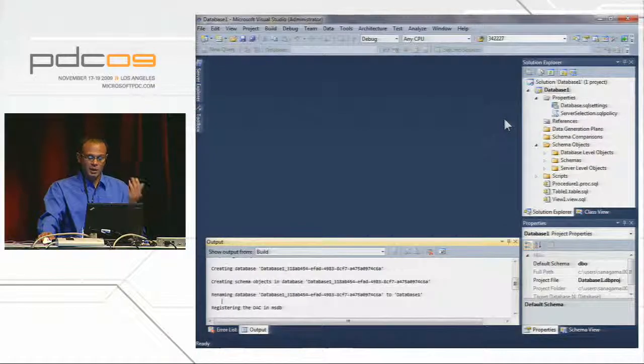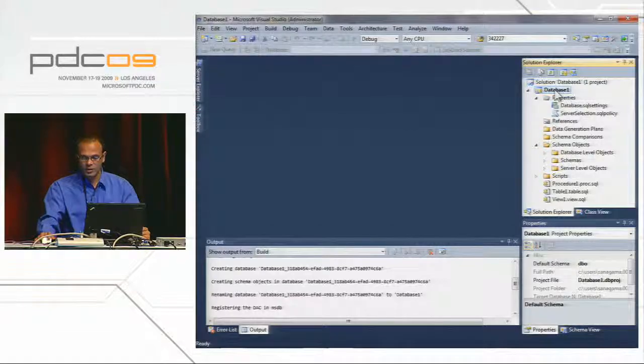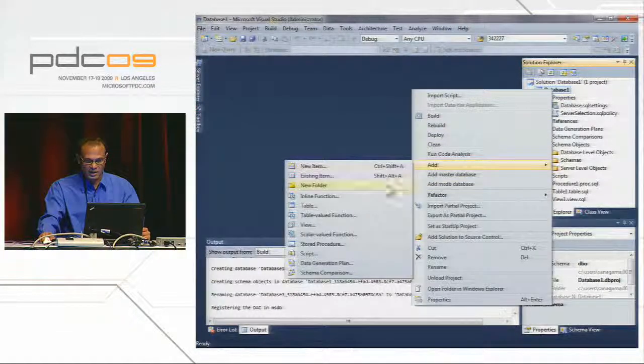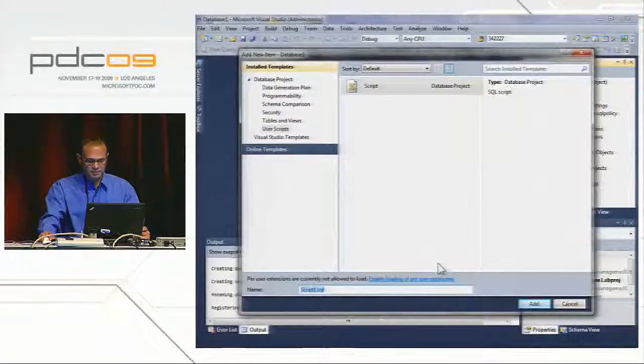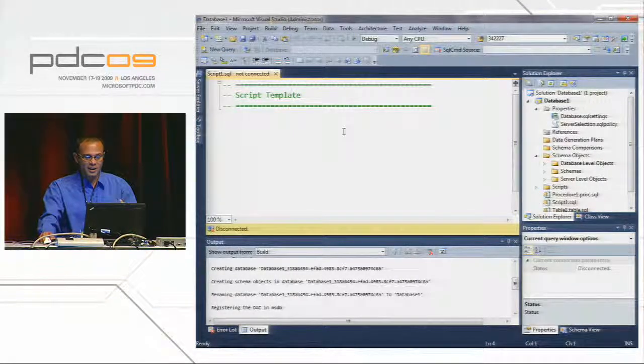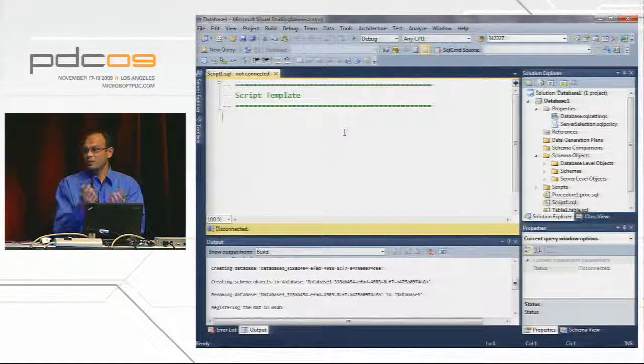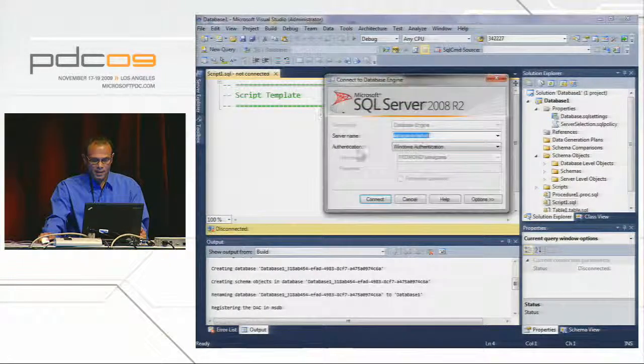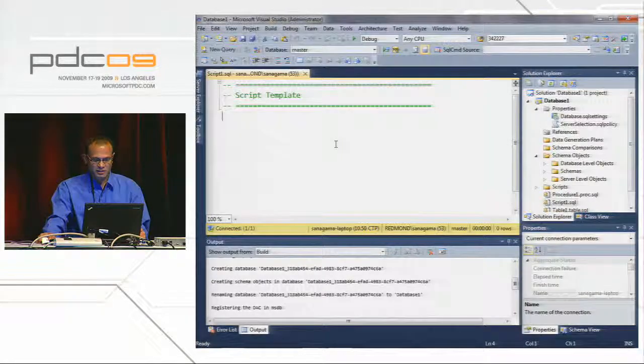So what I typically want to do is, well, let's test some of the stuff that I've deployed. So I'll go and add a script. And what I'll do is connect to a database, the instance that I deployed. That's a brand new toolbar that we added. So it lets me connect to instances, write test scripts and run them and so on and so forth. So I'll go connect to my local instance because that's where I deployed the app. And what I'll do is,